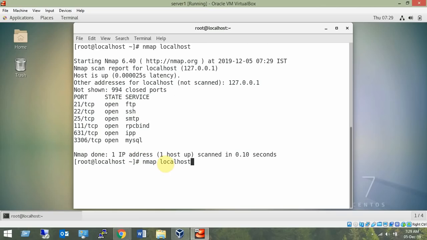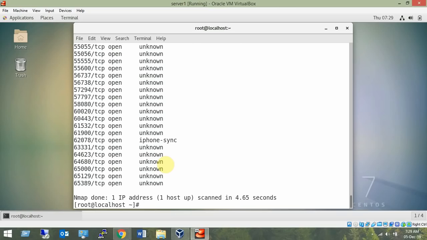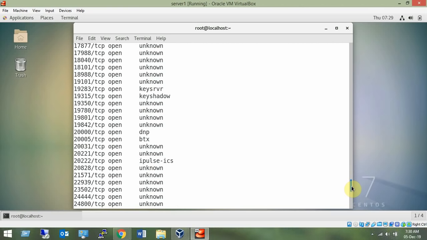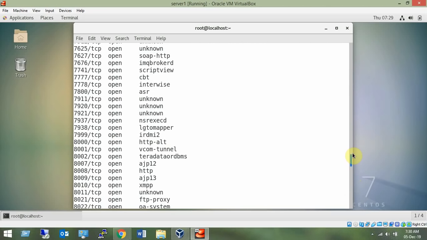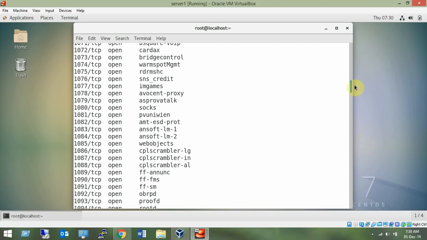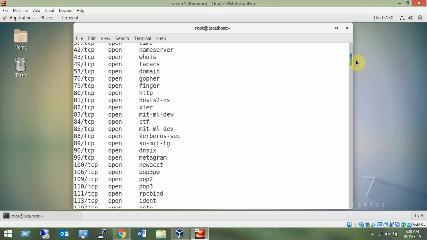If I want to check my own website, the Skillpedia, what all ports are open, you can see that using nmap command. It will tell you what all ports are open on the Skillpedia. All right. So these are the ports, and if you see, they are unknown. They don't know what services are running. But yes, we have some of the ports which are quite common. Let me go back, and so many ports are open on my website. Let me see where the meaningful ports are.